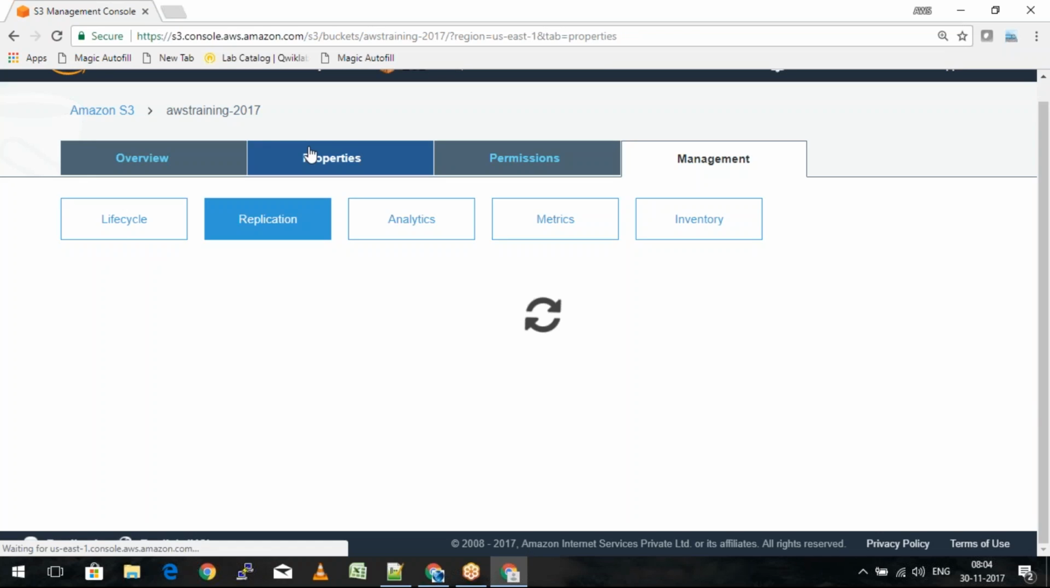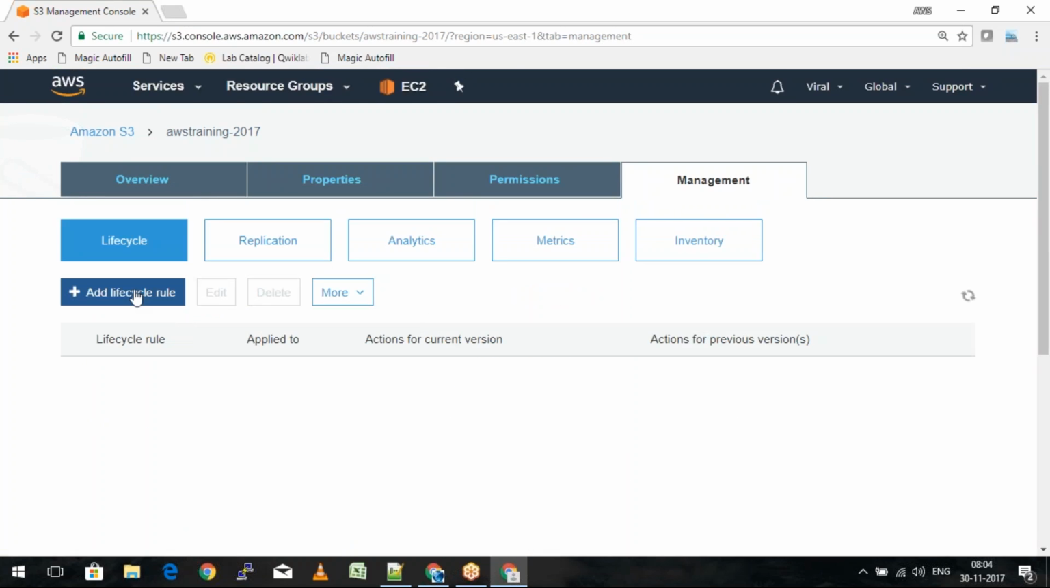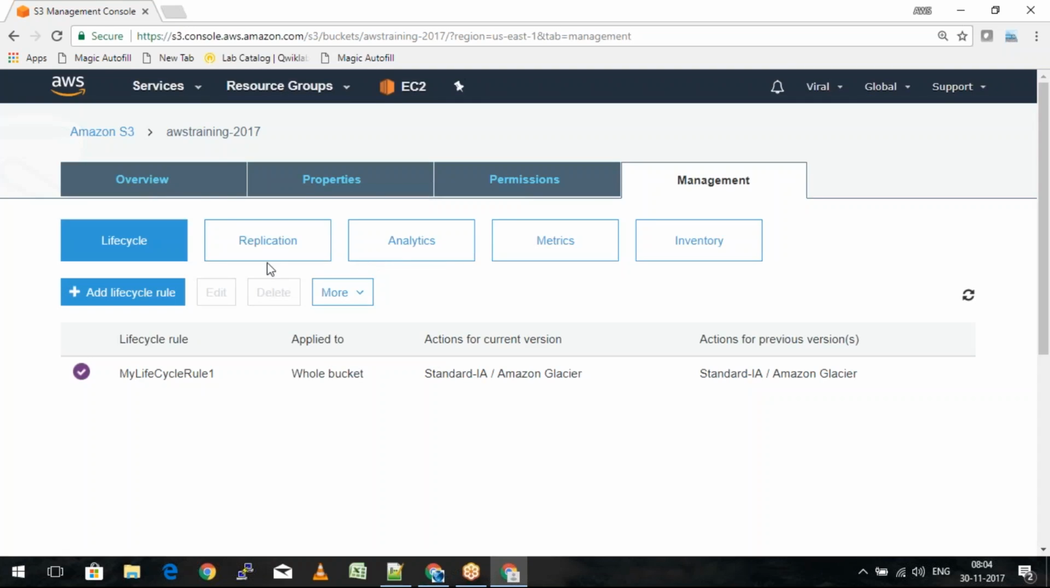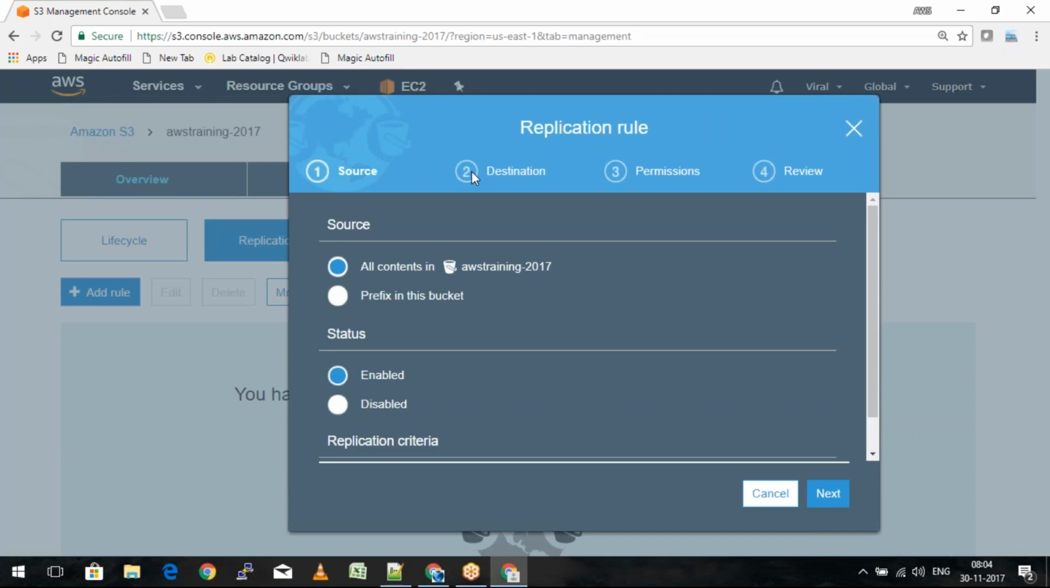Okay, so the first part is adding the life cycle rule. First thing is, it is going to ask you for the name of the rule. We are talking about the replication. So when we go down to the replication rule, it is going to ask me what